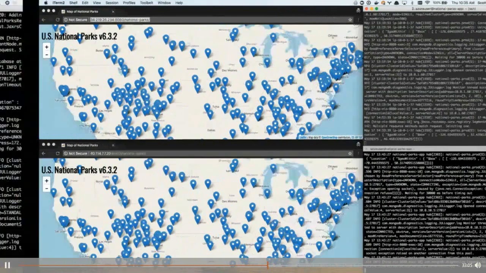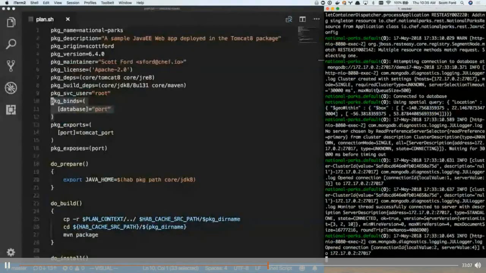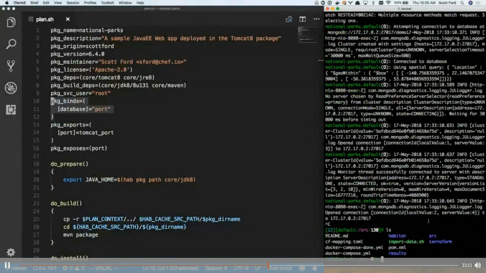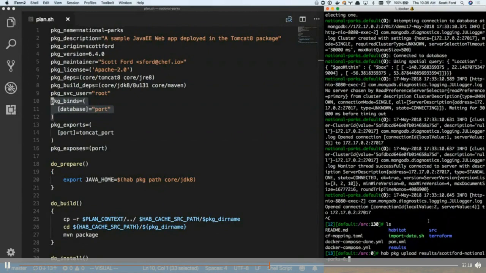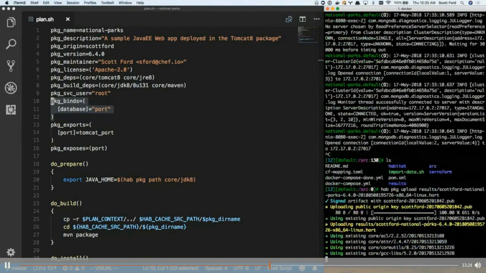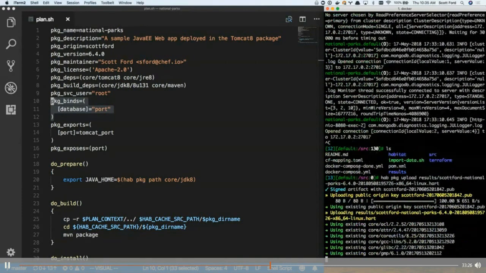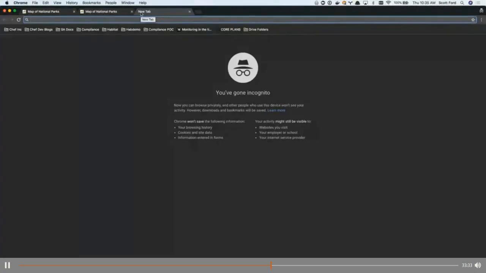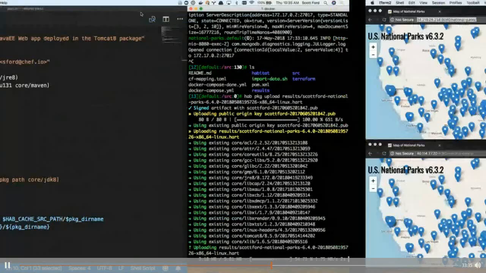So I can now push this new artifact that I've created here on my local laptop up to the depot. I'm going to go ahead and say hab pkg upload results Scott Ford 6.4.5, that is the version. We're going to go ahead and upload that up to the Habitat Depot. And once it's deployed up,